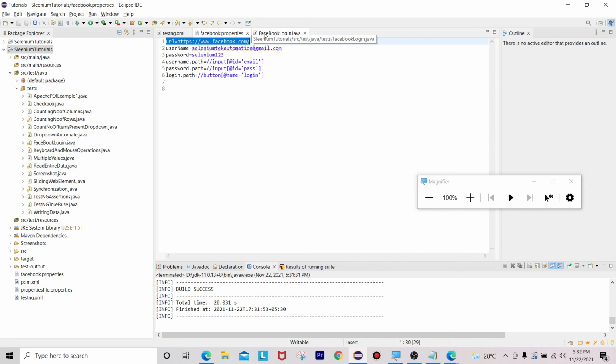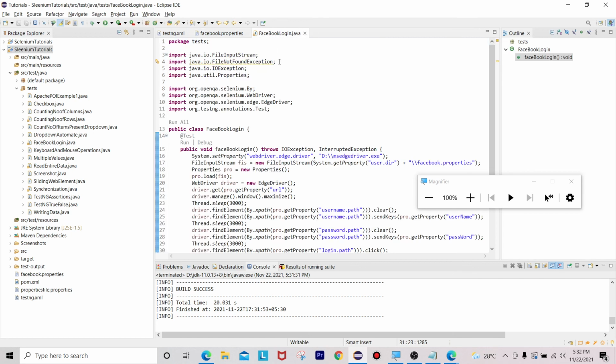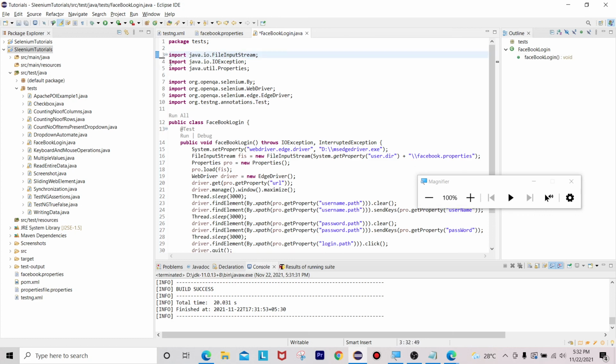So this is all about the properties file, how we can use this properties file inside our Selenium, how we can retrieve the values based upon the key and value, and what all the advantages are. So if any interviewer asks how you used the properties concept inside your project, you can explain the same way I explained to you. It is very easy to understand in a simple way. There is no need for complexity, so we can learn in a simple way and explain accordingly if you are attending any interviews, as well as if you want to implement it inside our project, you can implement it in the same way.